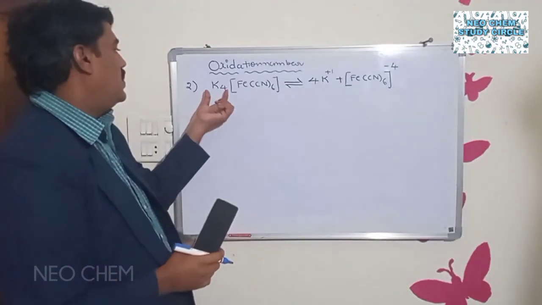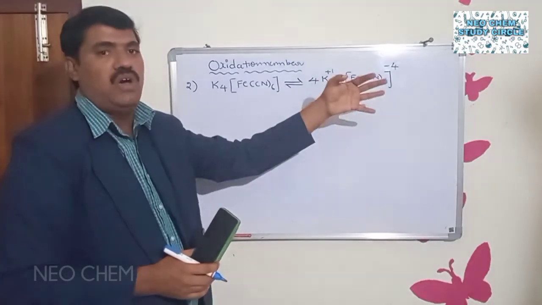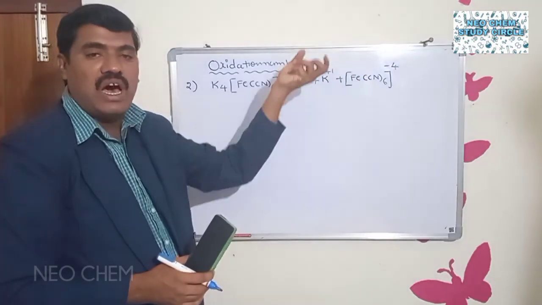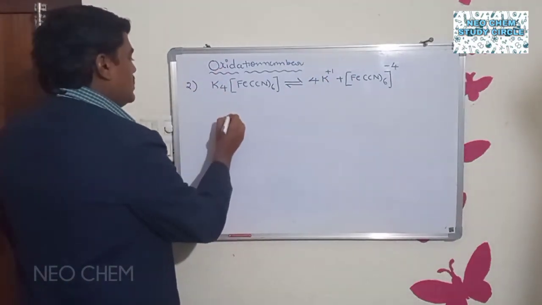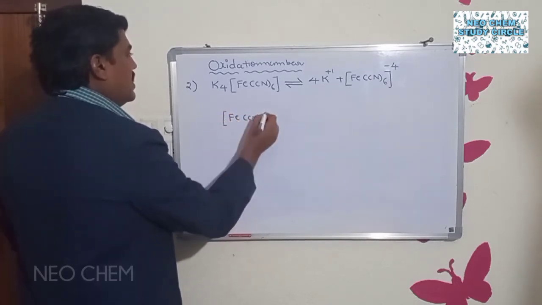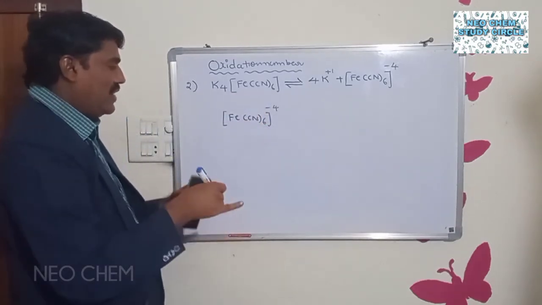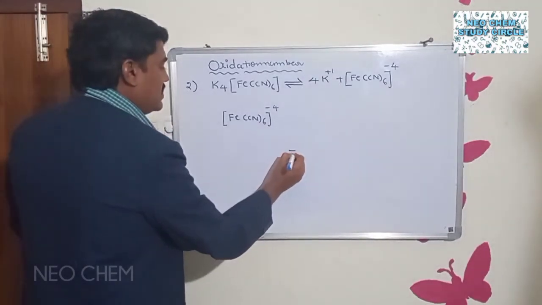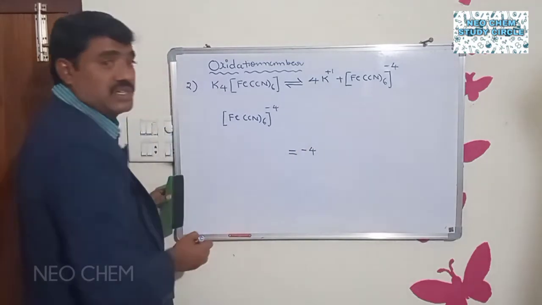Okay now. So the ionic sphere is the cation, and the complex sphere is the anion. Now we have to use only the complex sphere to identify the oxidation number of the central metal atom. So our complex sphere is [Fe(CN)6] 4 minus. How can we identify the oxidation number of the central metal ion in the complex sphere? Again we should write an equation. Next, the charge of the complex sphere, that is minus 4, on the right hand side of the equation.